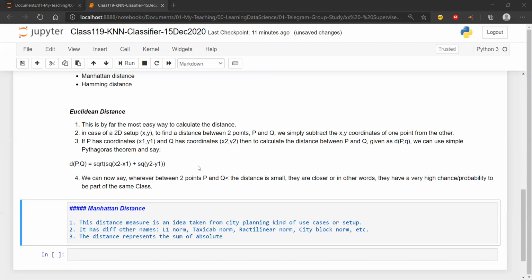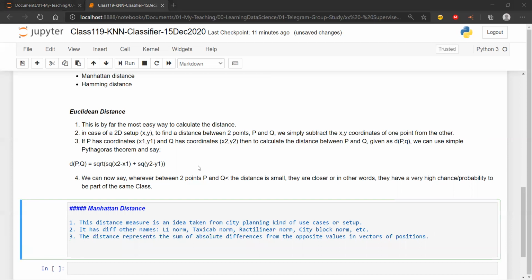In case of the Euclidean distance, we took some help from the Pythagoras theorem. Here I'm going to take the absolute differences from the opposite values in the vector of distances, or let's say positions.